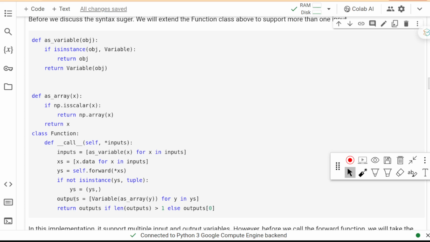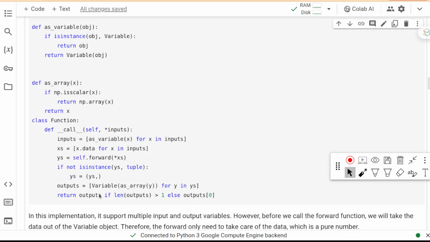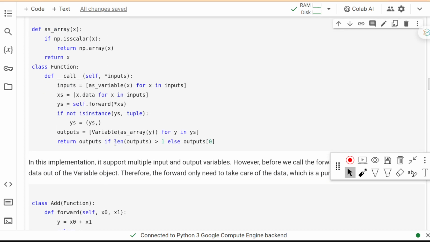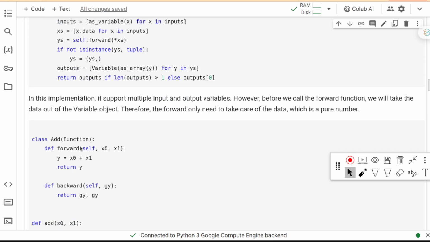Okay, so here we just make every element in the tuple a variable to be our output variable. In this way, this new function can support multiple input and multiple output. So it will be more generic, supporting multiple input variables and multiple output variables.